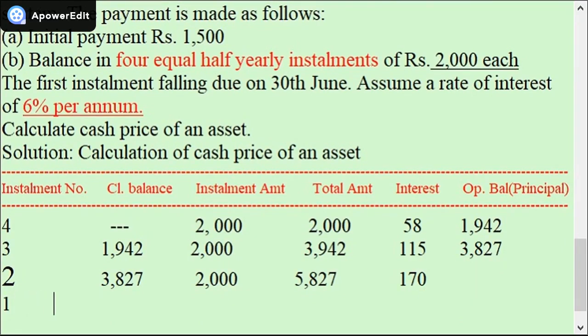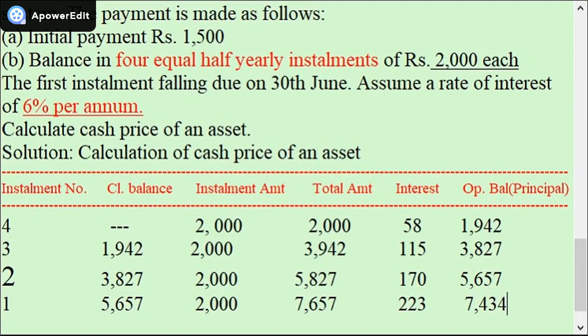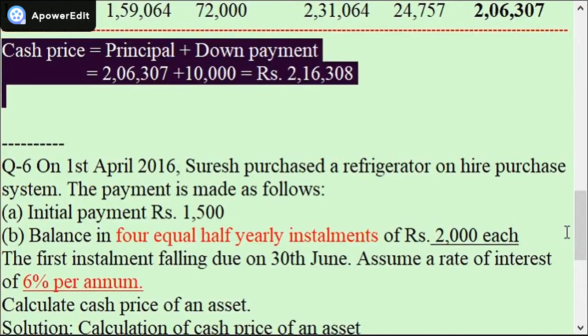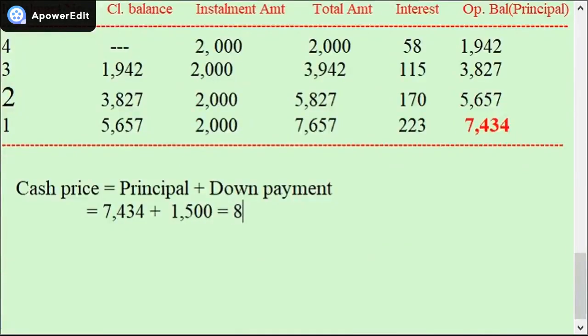And the first installment is again 2,000 rupees, total amount 7,657, interest of 3% which is included is 223, and you have 7,434 as the principal amount. Cash price of the asset gives you 8,934, which is your